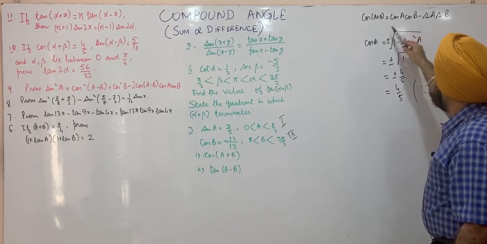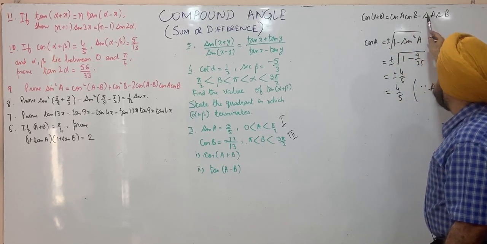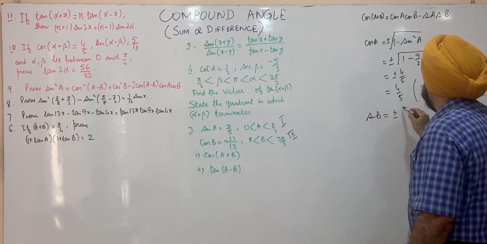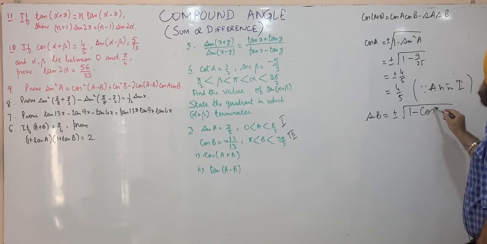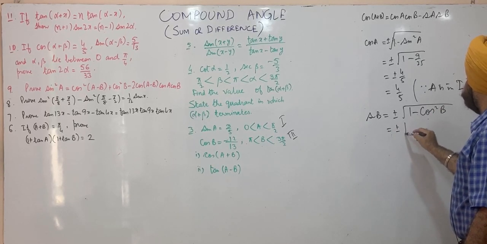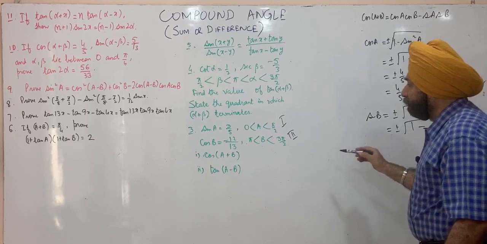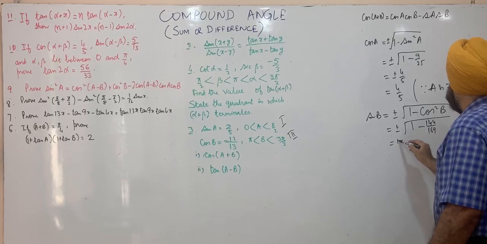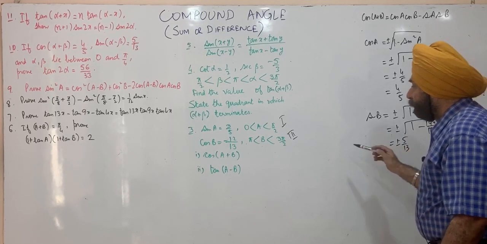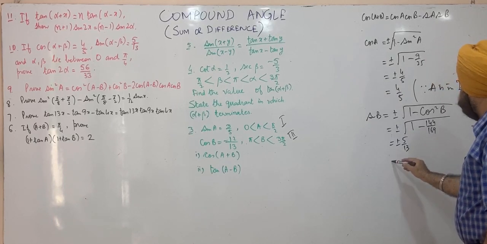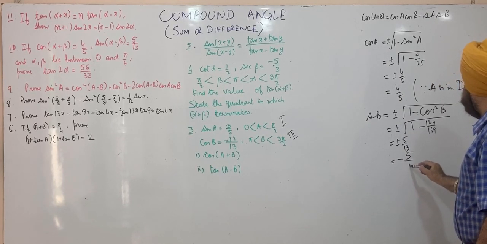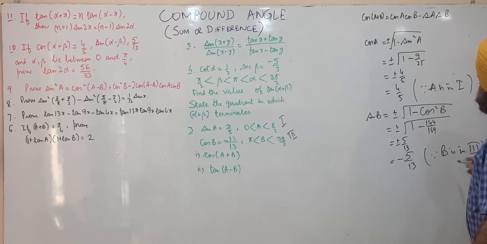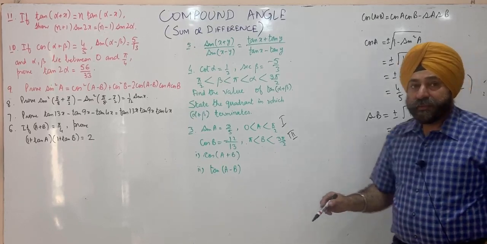Next, cos B is given, sin A is given, we have to find sin B. Sin B is plus minus the root of 1 minus cos square B. That's plus minus the root of 144 upon 169, so that's plus minus 5 by 30 (as transcribed). B is in the third quadrant, so sin will have a negative value. So minus 5 by 30 because B is in the third quadrant. Sin B in that case will be negative. We substitute values.